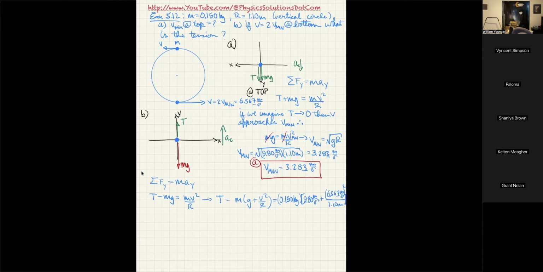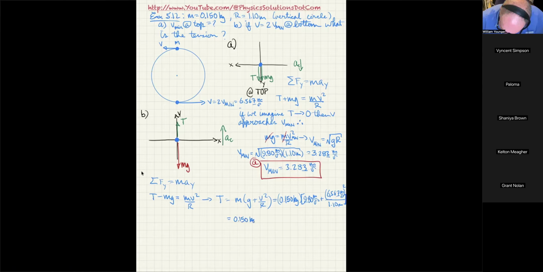And I have a square bracket over here as well that you can barely see, but that's okay. Now I'm going to take 6.567 and square that, and then divide it by 1.1, and that's going to give me